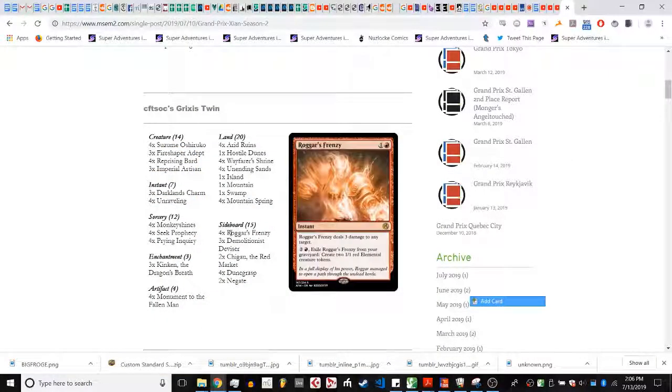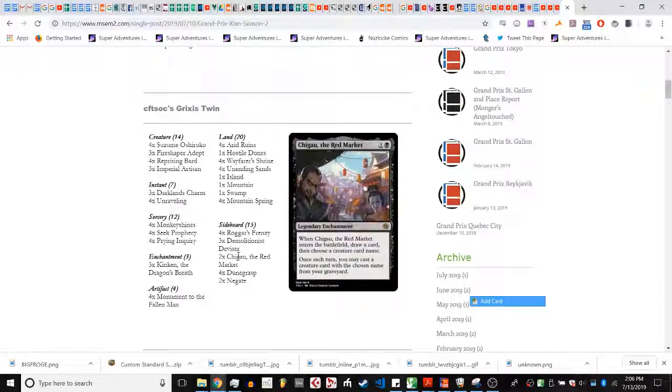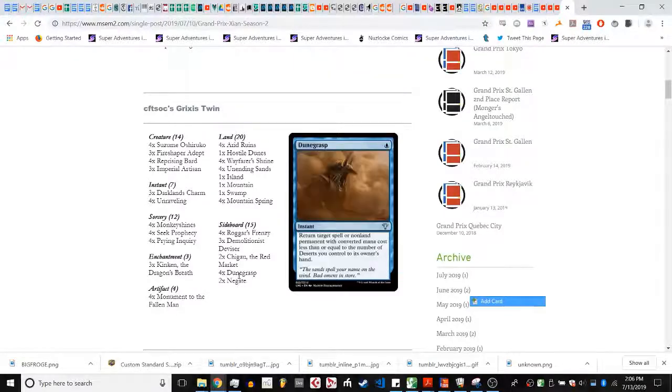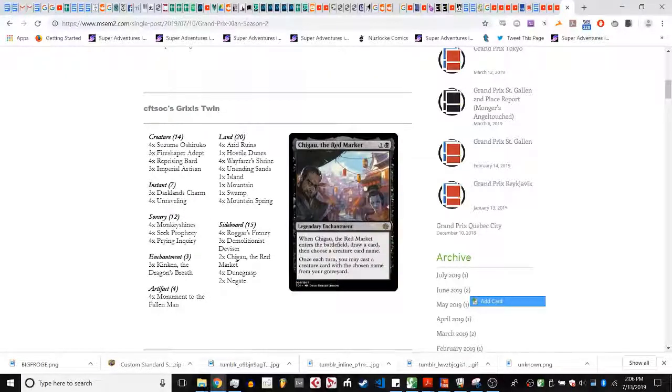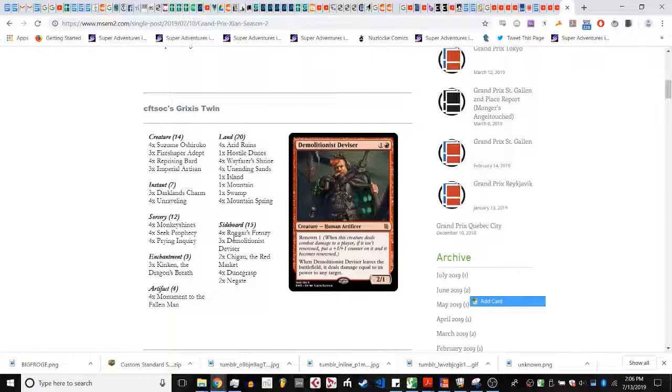Meanwhile, for cftsoc: Rogar's Frenzy, Demolitionist Divisor, Chigao, Dune Grasp, Negate. I think probably Negate as combo protection. But I think cftsoc's deck is kind of tech. I'm not really sure that he'll need Rogs or Demolitionist Divisor. He could bring them in. I think just having repeatable fast damage is good. But